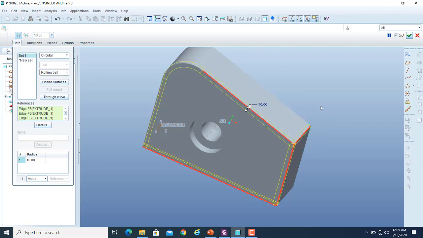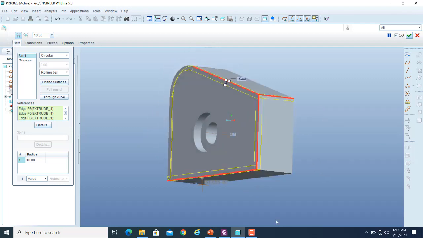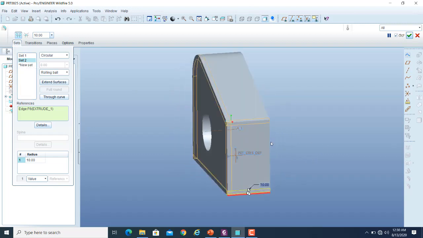Now if I release the control key and pick any edge, for example this edge, it will be included in the second set. Again, if I click this edge, it has made another set, which is set number 3. So if I click on set number 1, and suppose I want to change that particular radius,